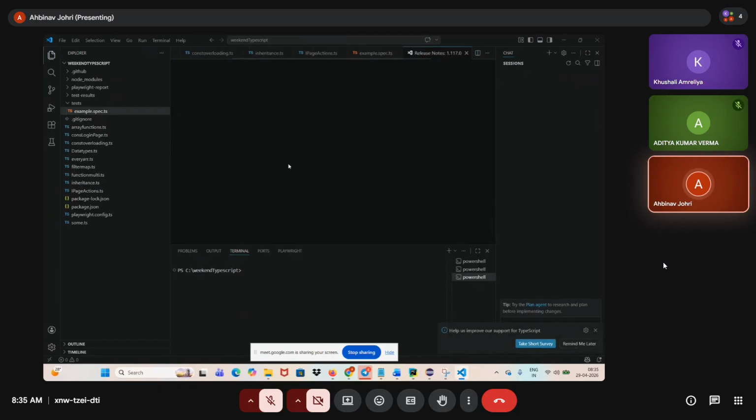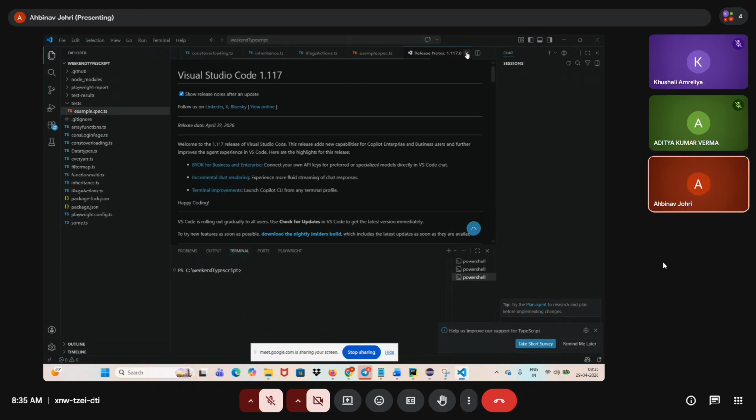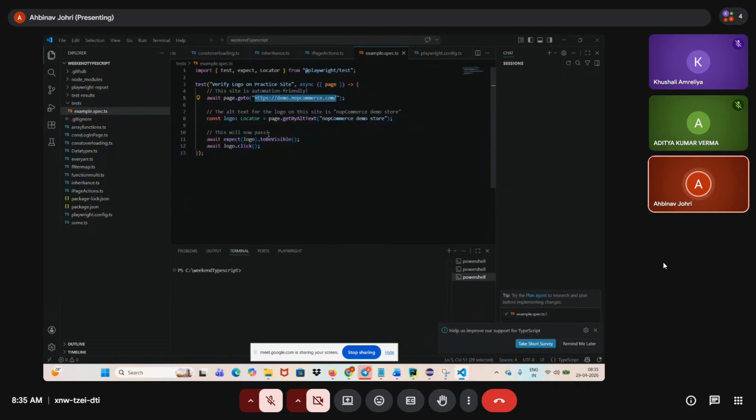Basically, what we saw yesterday was get all text. Remember, this alt text is always associated with the img tag. It is always associated with the img tag. Okay. Now, next,